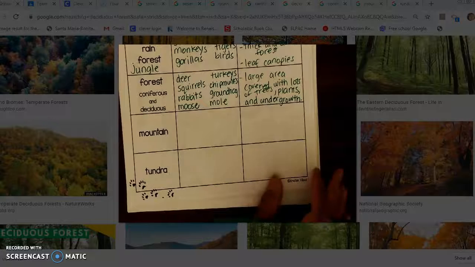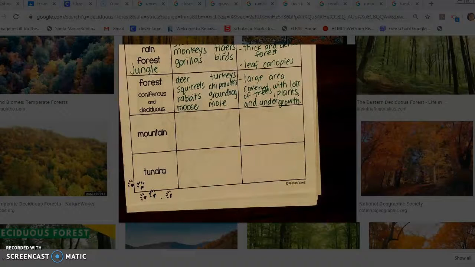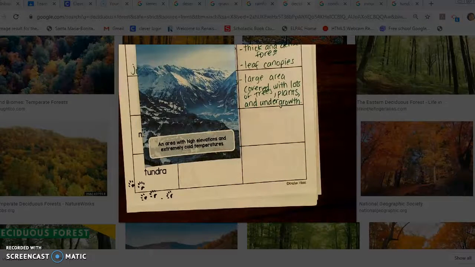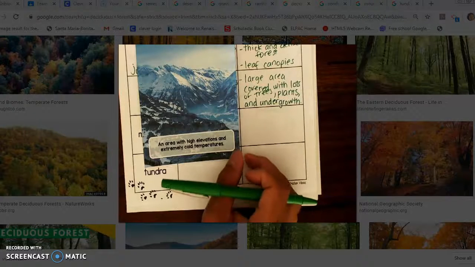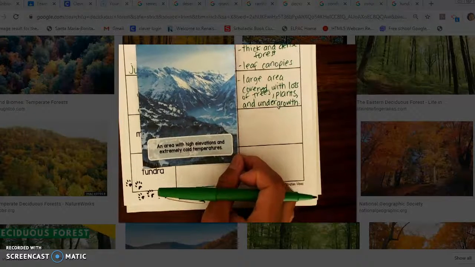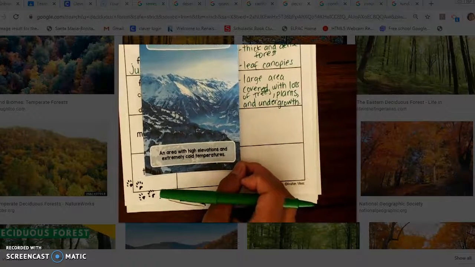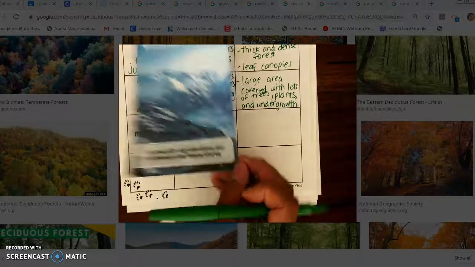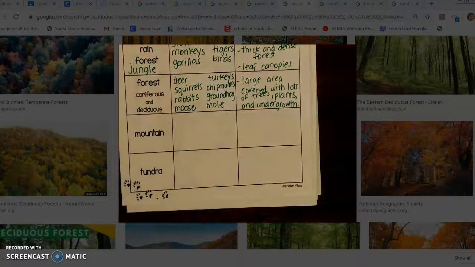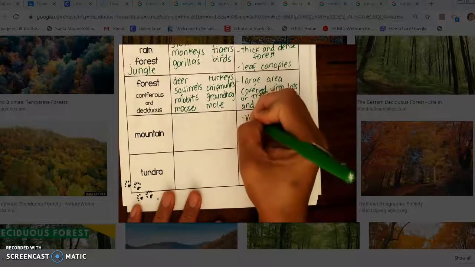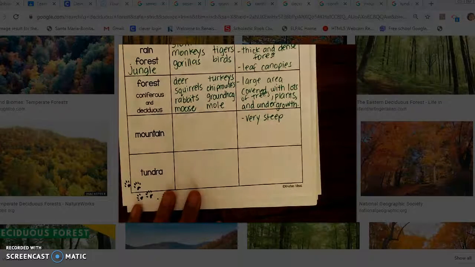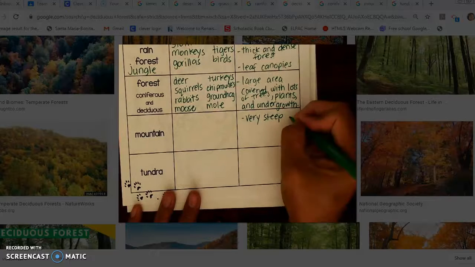Let's take a look at the mountains. Mountains, one of my favorite places, because look at how beautiful that is. It's an area with high elevations, just means high off the ground, and extremely cold temperatures. Okay, so the higher we are off the ground, the colder it actually is. So we're talking about very steep, means really, really tall, okay? Steep and tall